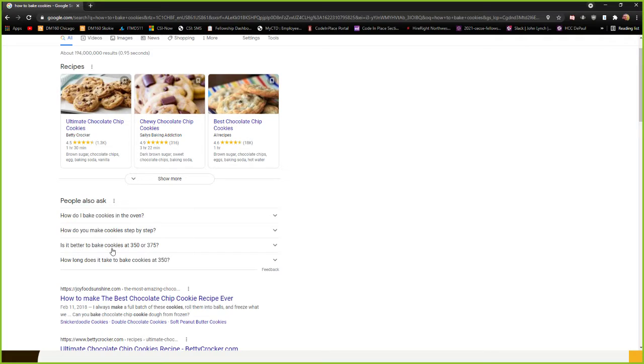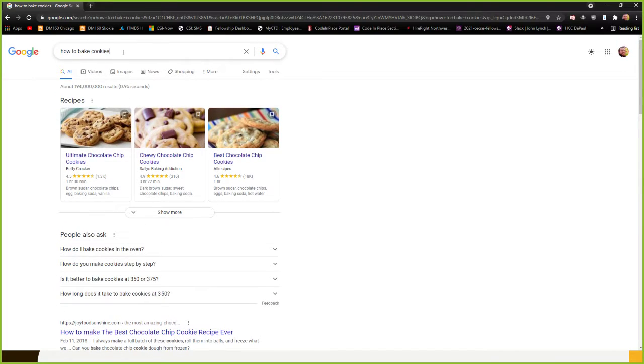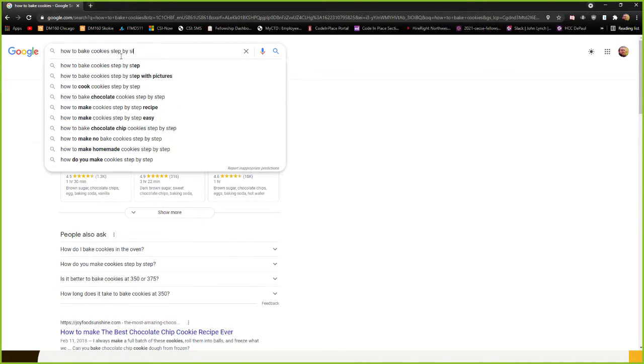Is it better to bake cookies at 350 or 375? How do you make cookies step by step? So maybe we could say how to bake cookies step by step. And we could see here that all of these queries, and again, for your Capstone Part 2, this is a very valid strategy as well, besides using those Google keyword things. You can look through these and say, okay,